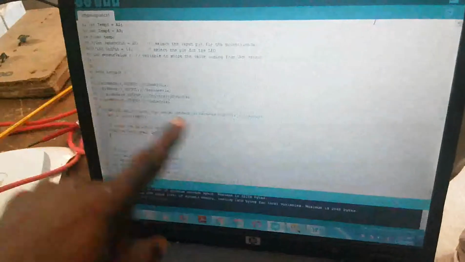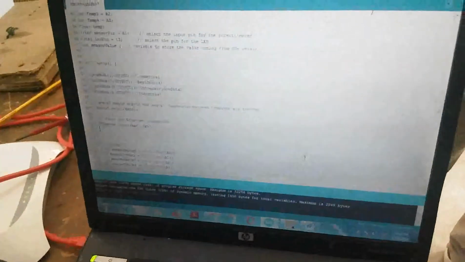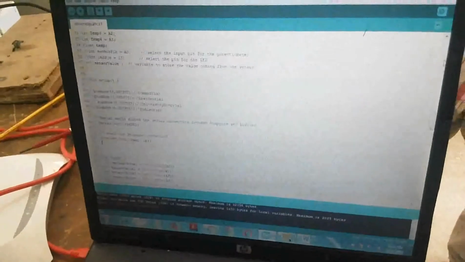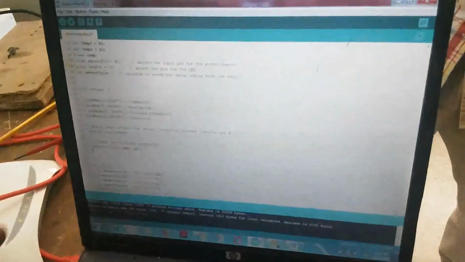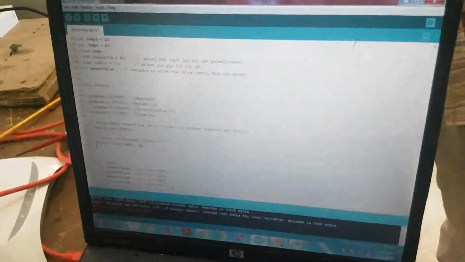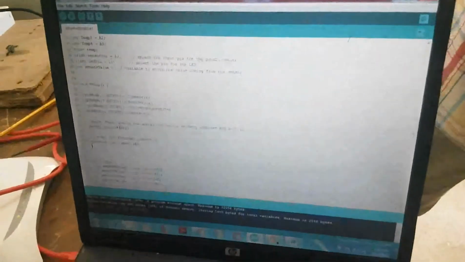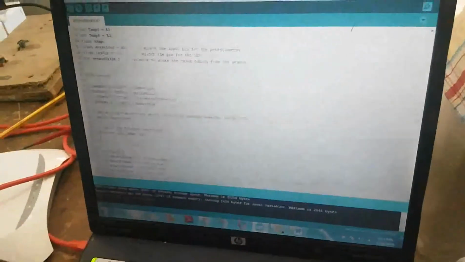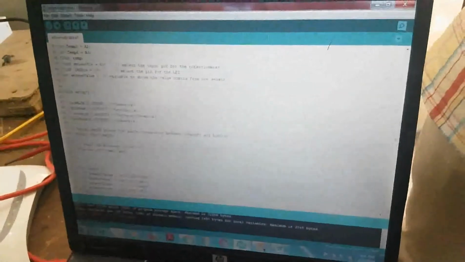We have the void setup. The void setup includes, if I want it to display on the computer system, which is on the serial monitor, I have to set it to serial.begin(9600). And also, if I want it to display on the web page, I have to use internetshield.begin and the MAC address, including the IP. After I've done with this, then I move to the